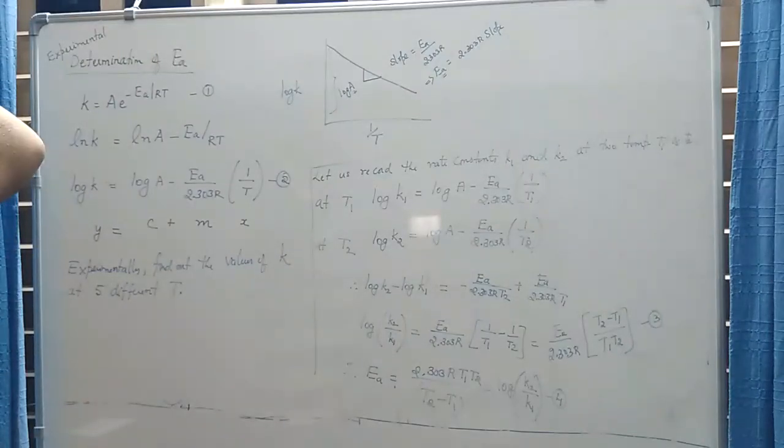So along with order and rate constant, this activation energy is also a very, very important parameter that affects the rate of the reaction. In the next class we will discuss the other theory, that is collision theory of chemical kinetics, how this collision theory is better than Arrhenius theory and what are the limitations of collision theory. Similarly, we will discuss the other theories related to chemical kinetics.